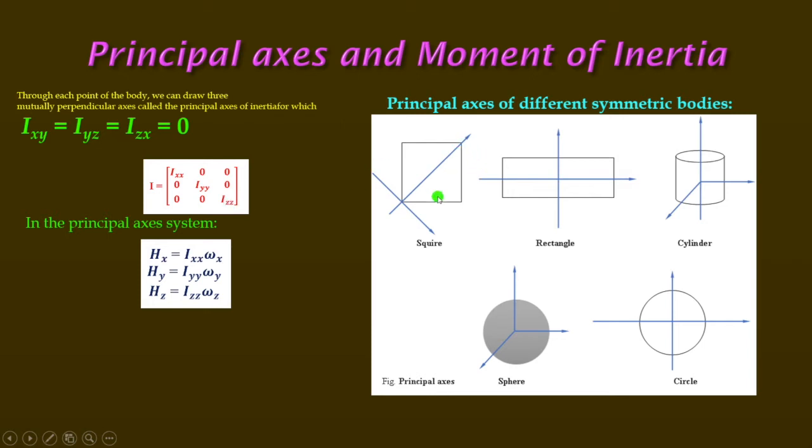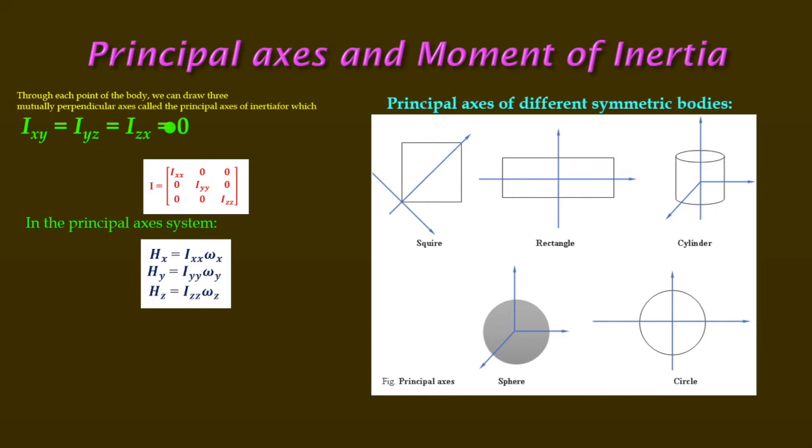If the body rotates about these axes, then we also get the same result, meaning these three diagonal components are there and the rest six are 0. That's why these two axes are called the principal axes. For every body there is a principal axis. I repeat, if the body is rotating about an axis such that the product of inertia is 0, then that axis is termed the principal axis.